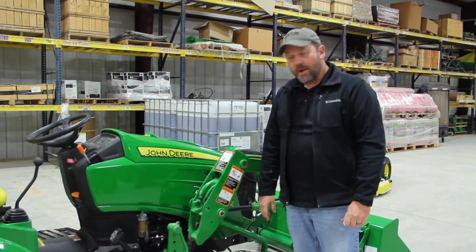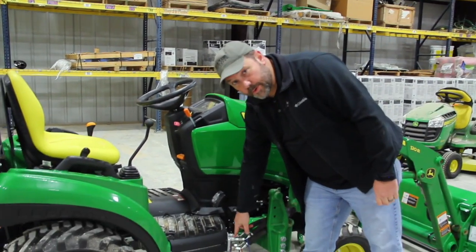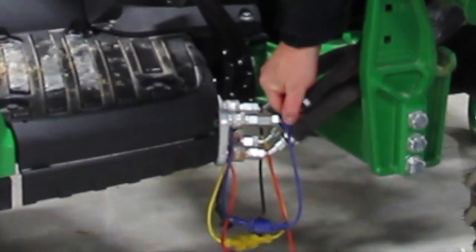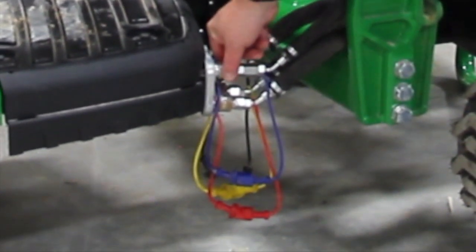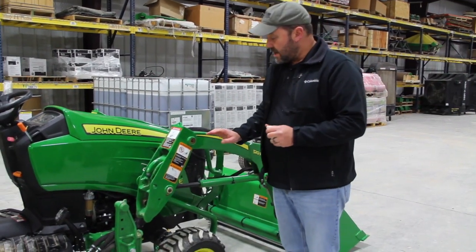So now that I have the hydraulic lines all connected, I just wanted to point out these are quick couplers. As you're reconnecting, make sure that you hear the click whenever you push them in. You have to slide this collar up, push it in, and then if this collar comes back out and clicks, you're all connected. Fire up the tractor again and